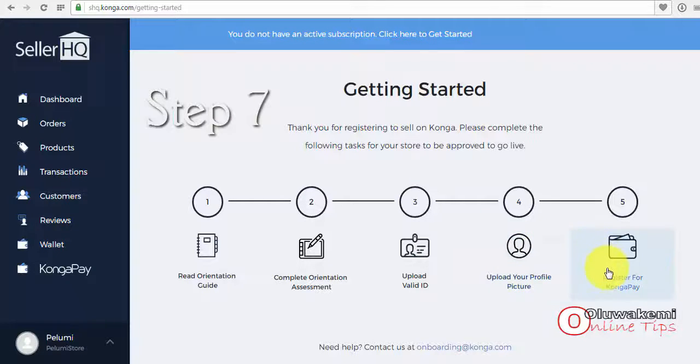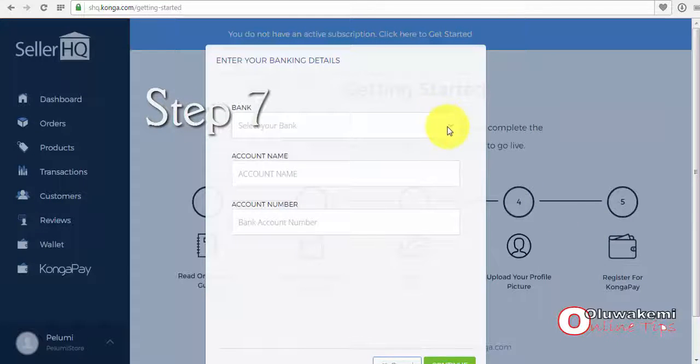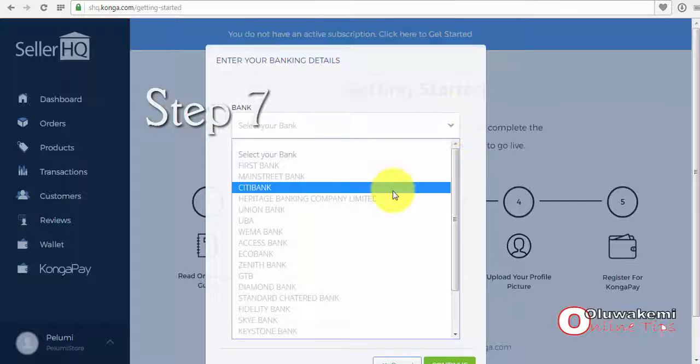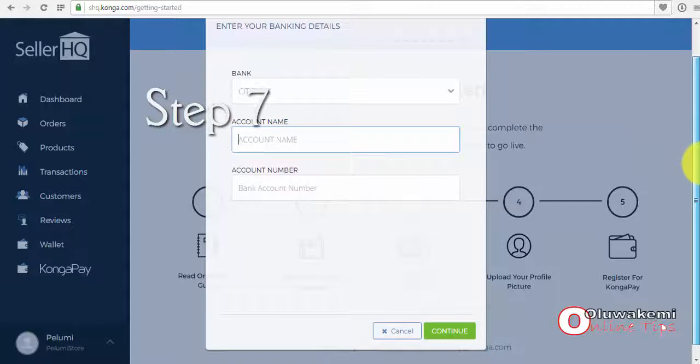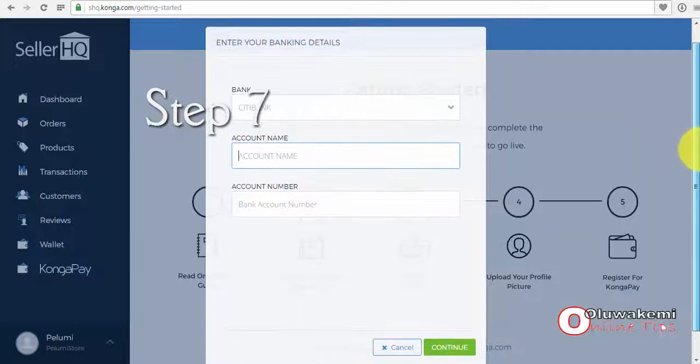Then finally you register for Konga Pay. In registering for Konga Pay, you select your bank, your account name, your account number, then you proceed. All these are very easy to